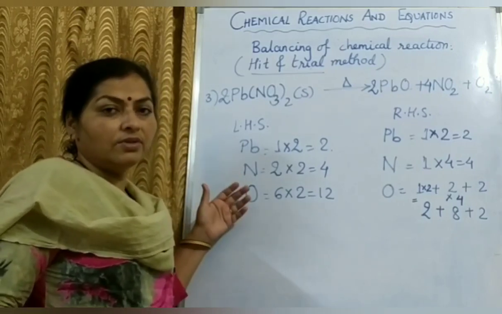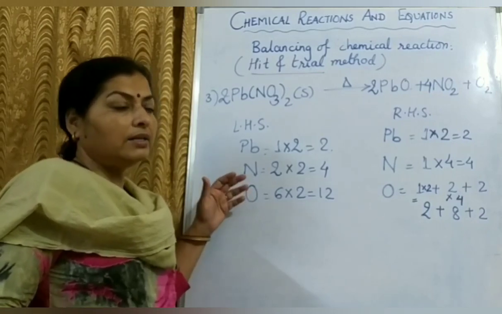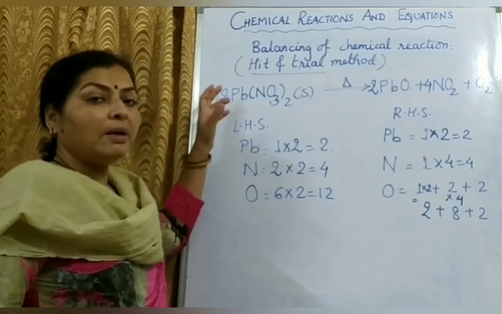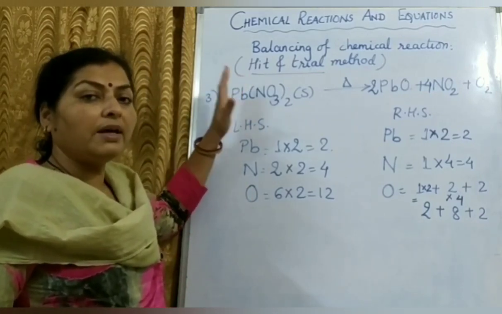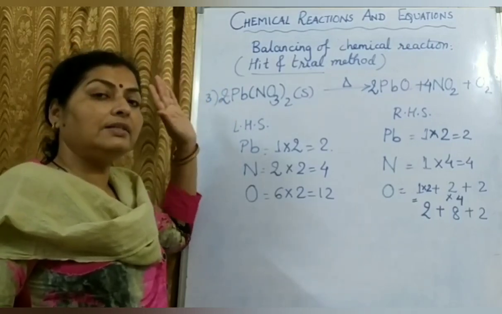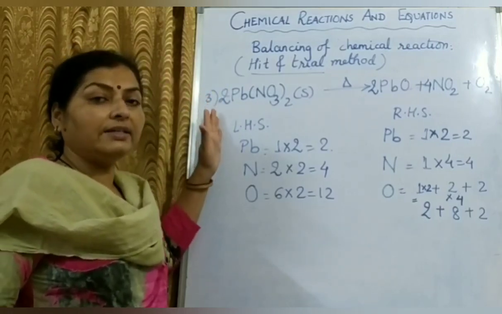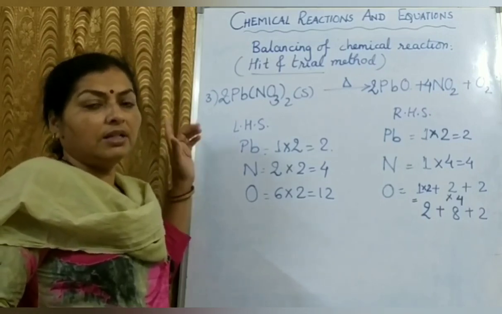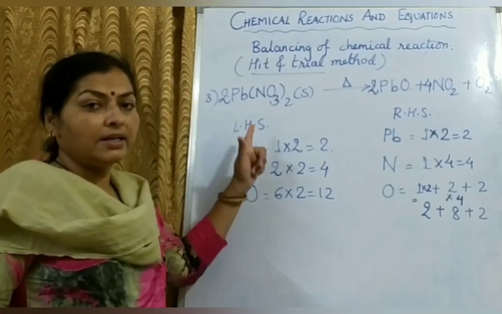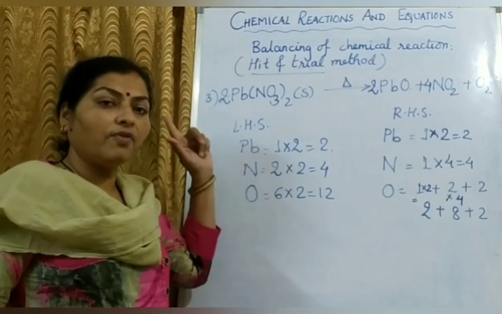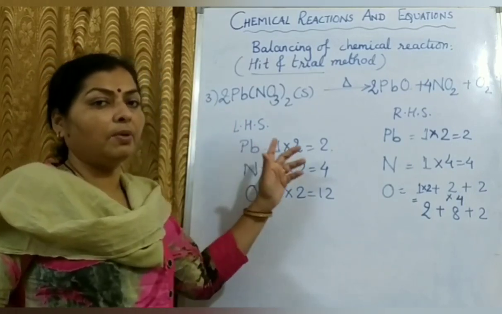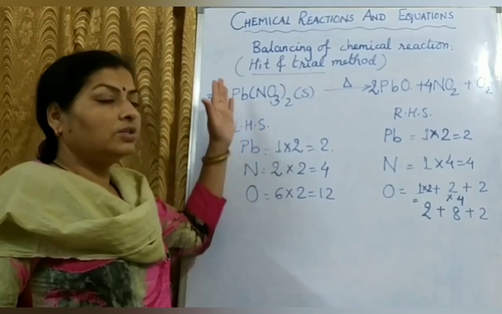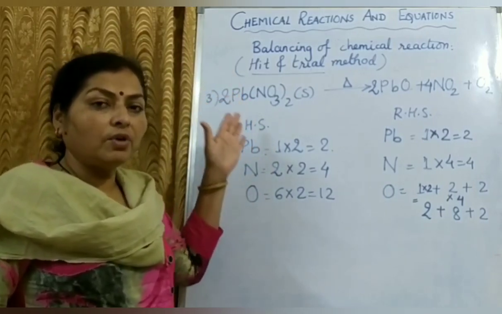If you have any doubts, you can ask me. In order to make proper equations and proper formulas, you have to learn the valencies. You have to learn the list of cations and anions which we have done in class 9. That is very, very essential. That will really help you to make correct formulas, and if your formula is correct, then only you can make proper equations. Getting it? So, the remaining part of the homework and all,